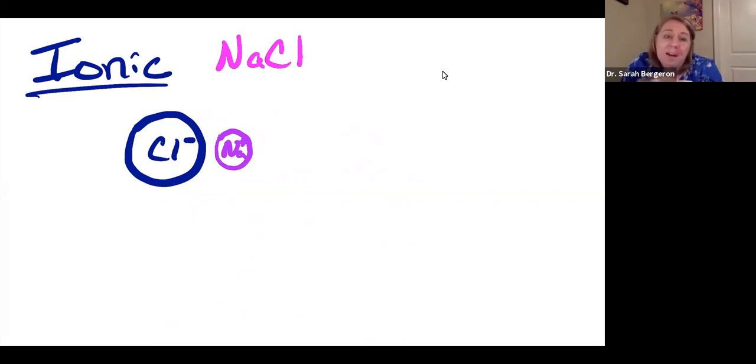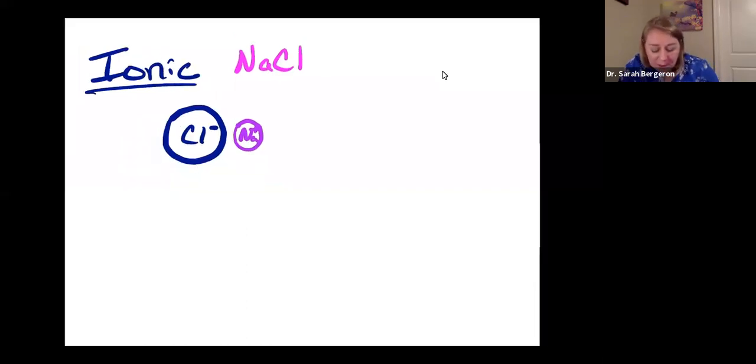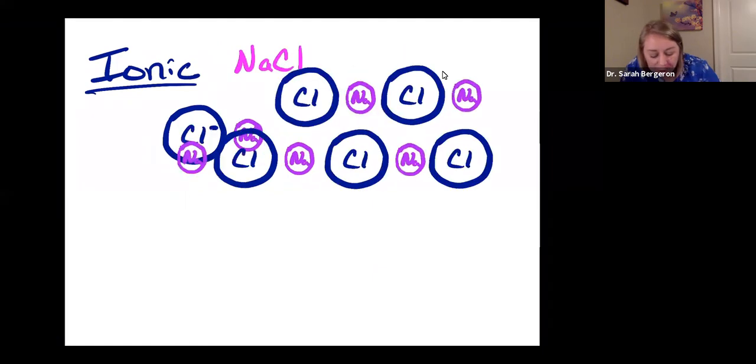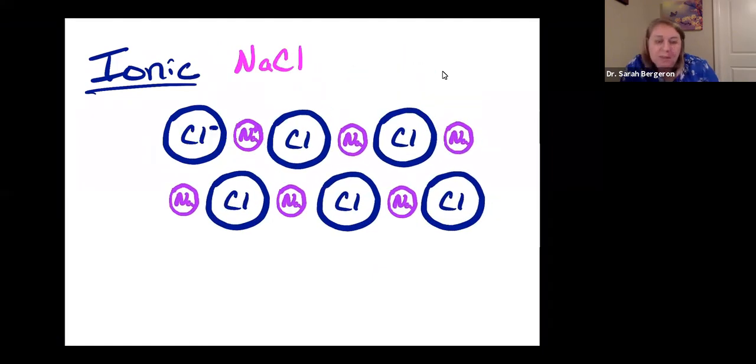There are a lot more atoms there. And so when you really think about the structure of an ionic solid, what you're actually going to see is this repeating pattern of one chlorine for every one sodium. And it's really chloride and sodium ion, right? And so what you would see is something sort of like this, right? So we go sodium chloride, sodium chloride, sodium chloride, and over and over and over again,